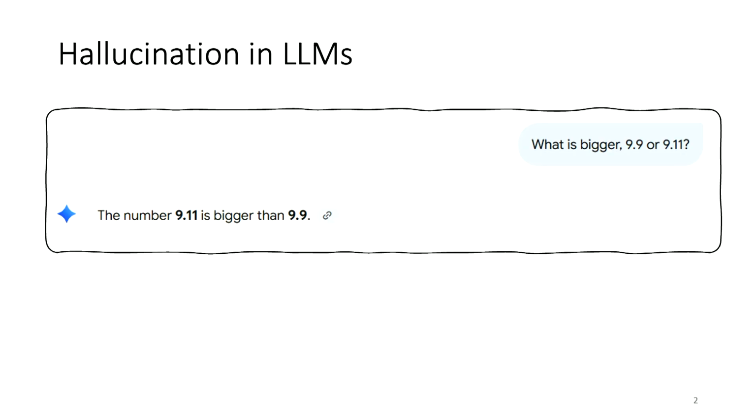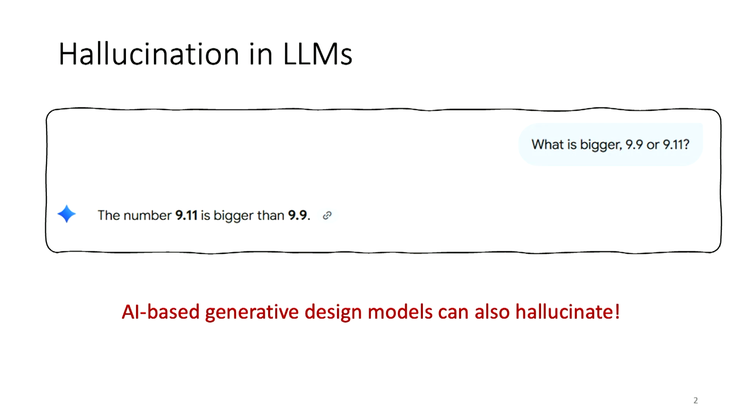So I want to start my talk with this example of hallucination in large language models. Actually, I tried this a few days ago. It seems Gemini still has this problem. Hallucination is a very common issue in large language models, and what we also need to realize is that